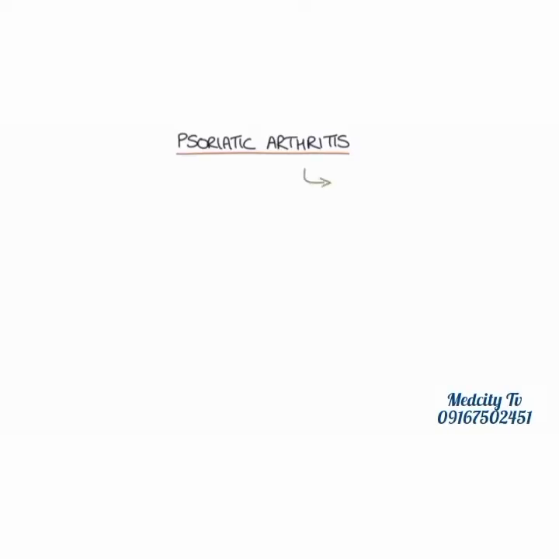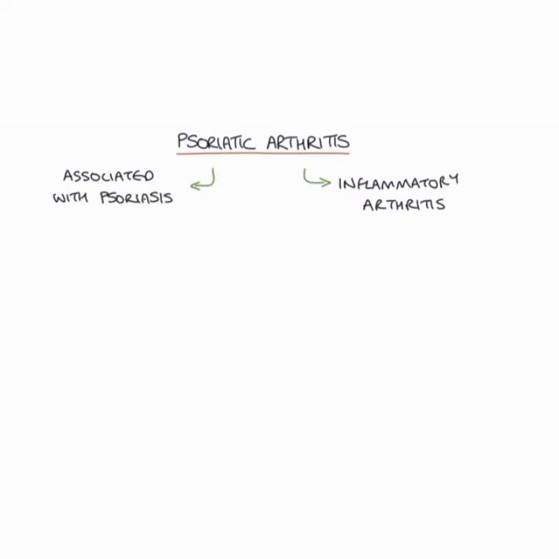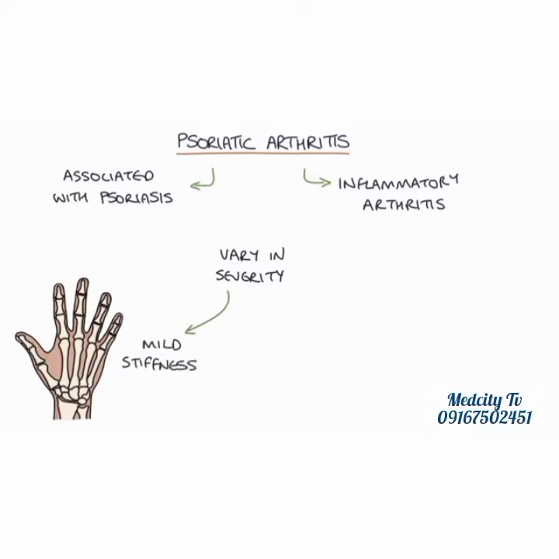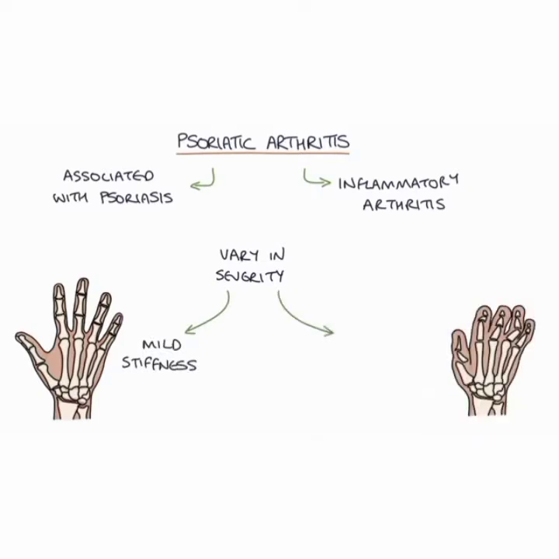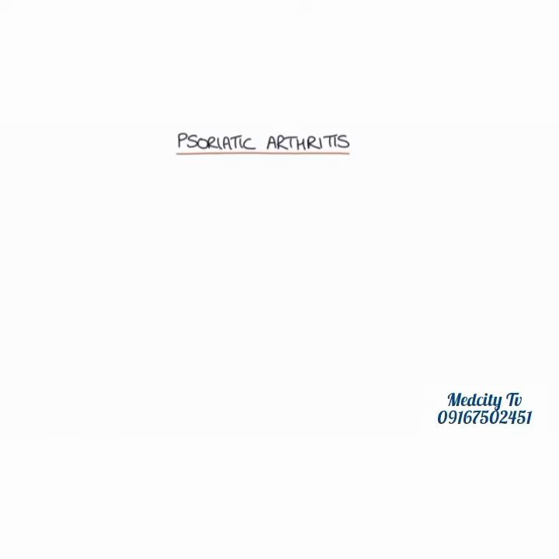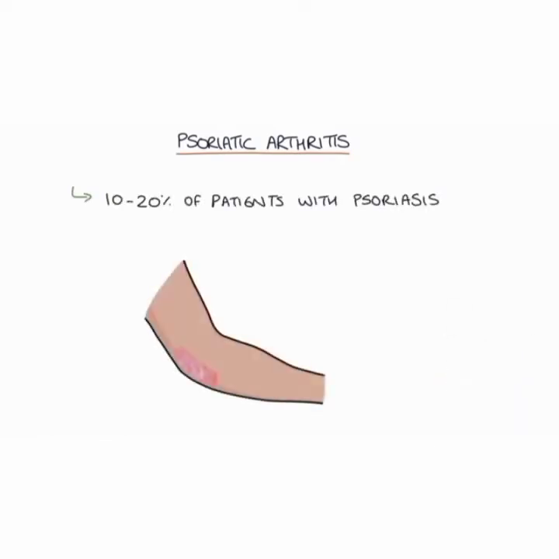Psoriatic arthritis is an inflammatory arthritis that's associated with psoriasis, and it can vary in severity. So patients might have a mild stiffening and soreness in the joint, or the joint can be completely destroyed in a condition called arthritis mutilans. It occurs in about 10 to 20% of patients who have psoriasis, the skin condition which causes rashes and scaly